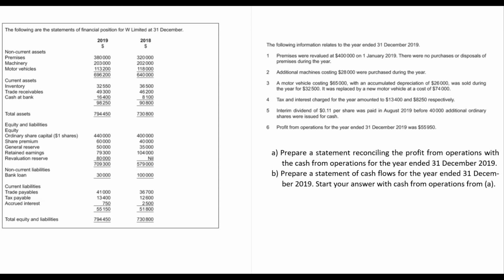And that is why we will not be able to make a separate account for provision for depreciation. We will have to make it along with the asset account. So the motor vehicle account and the provision for depreciation account will be combined and we will have a motor vehicle account at net book value. So the motor vehicles given to you at the start of the year, the net book value is $118,000. At the end of the year, the net book value is